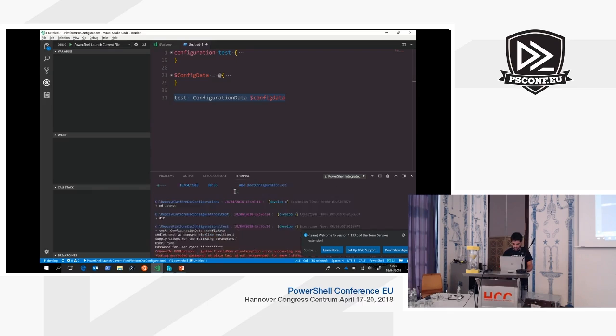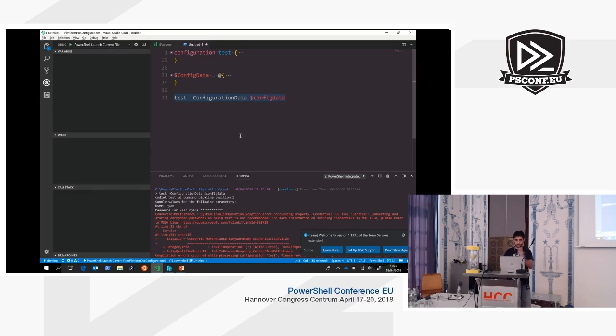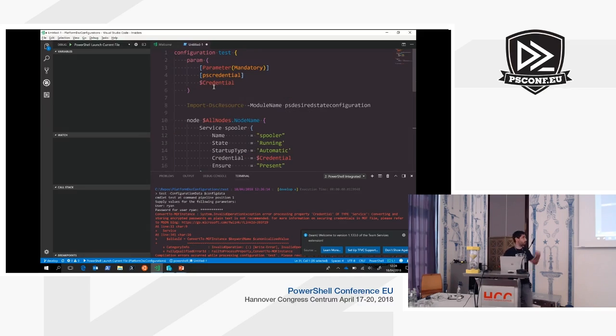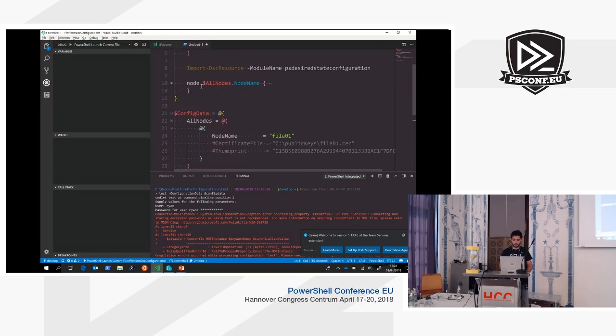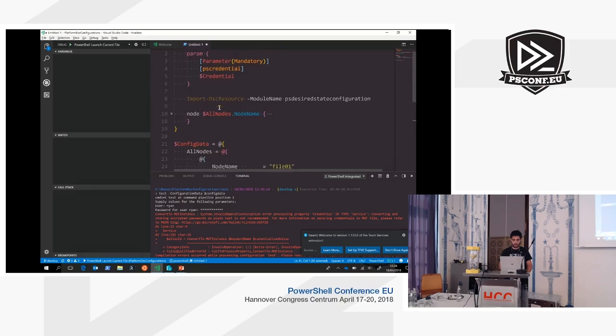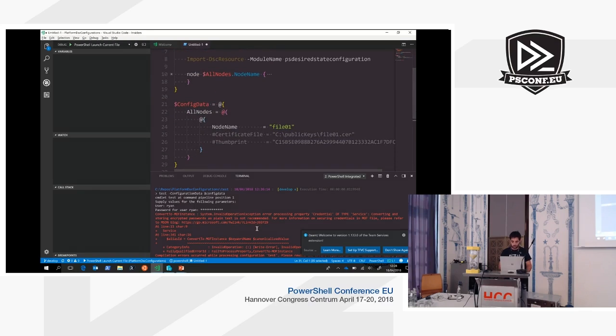What did I do? See, this is exactly what I wanted to show. Because I've tried to pass a credential through here, DSC is saying it's not a good idea for you to be saving your credentials in your MOF file without encrypting them. So you should consider encrypting them with a certificate. What you see a lot of people doing, because certificates are complicated, PKI is annoying, and you don't want to handle that jazz,